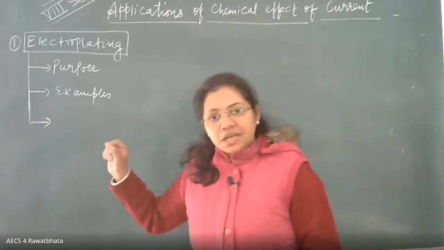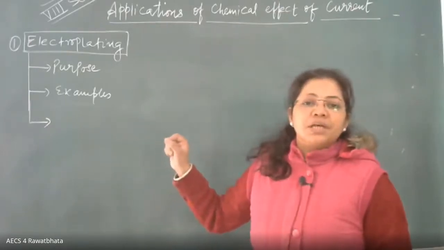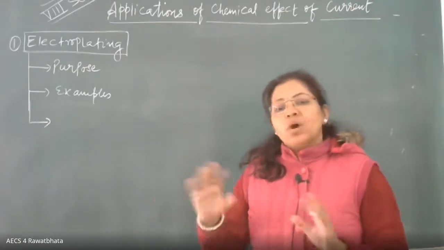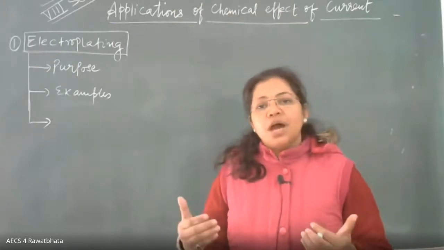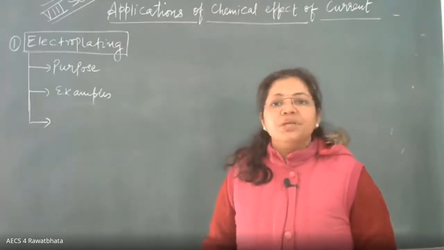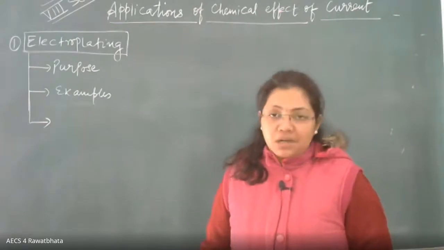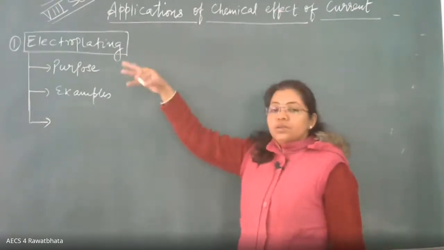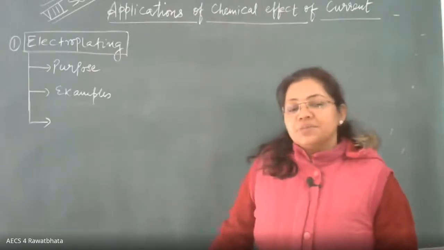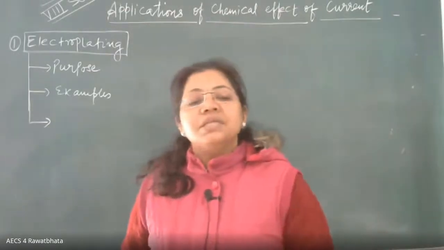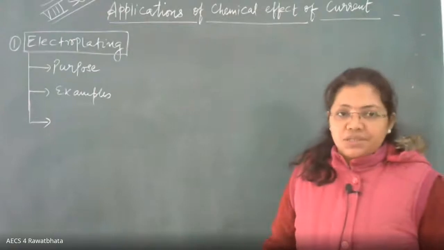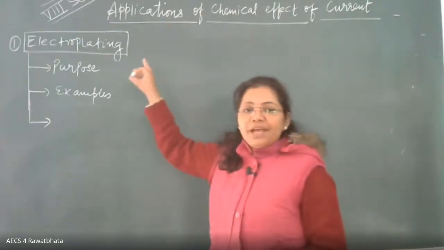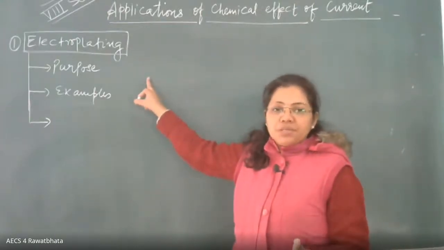So I will take a quick revision for this application, but from next time, once a class is over, you have to be present there. I won't repeat it again until it is going to be a revision class. Okay. So in electroplating, we know that we make a layer of desired substance on another material with the help of electricity. Now we do electroplating for different purposes.